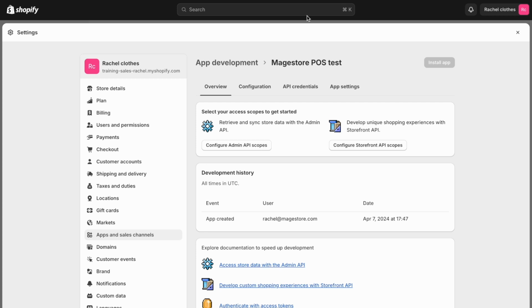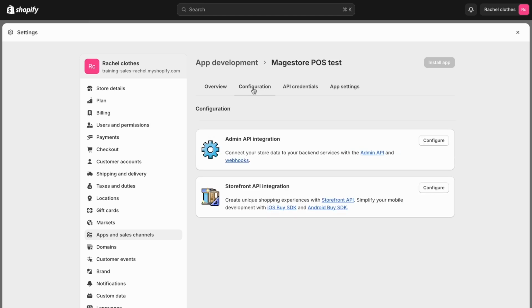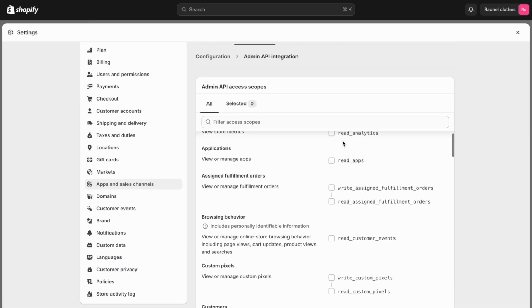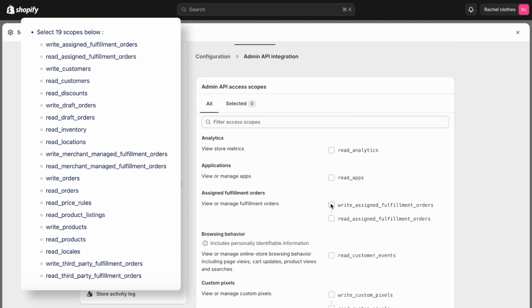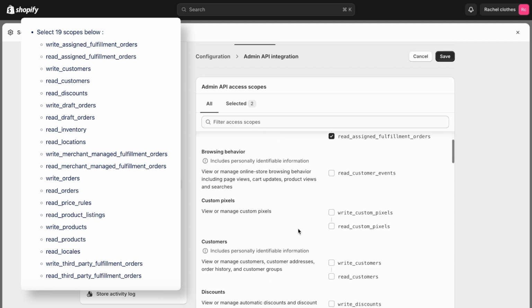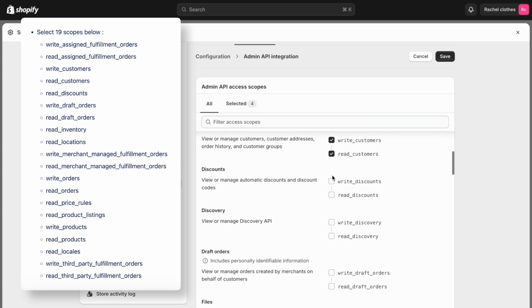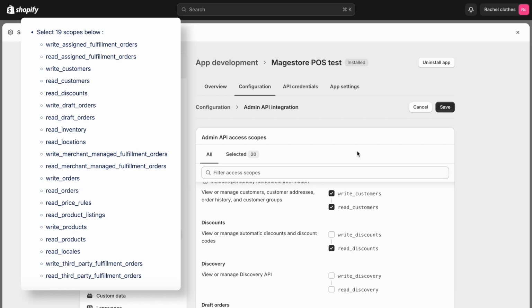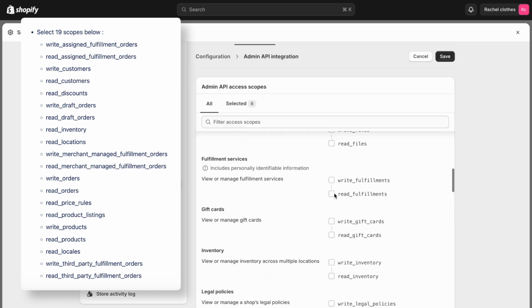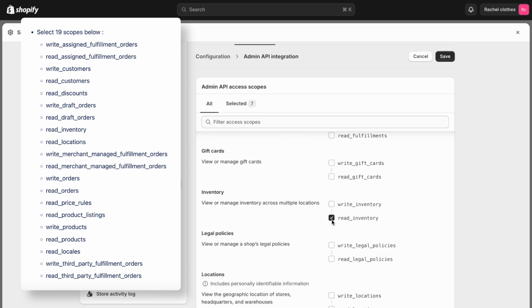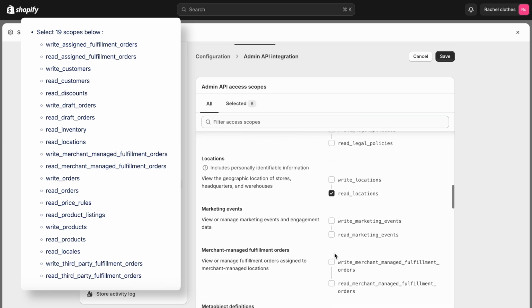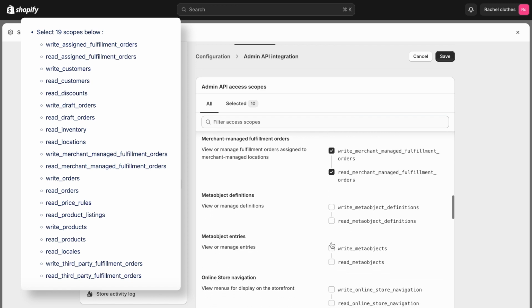To integrate Magestore POS, you must configure the admin scope for the newly created custom app. In the configuration app of this custom app, click on the Configure button of Admin API Integration, and then select 19 scopes below. First one is write and read assisted fulfillment orders. Next is write and read customers. Next is read discount, write and read draft orders, read inventory, read locations, write and read merchant managed fulfillment orders,